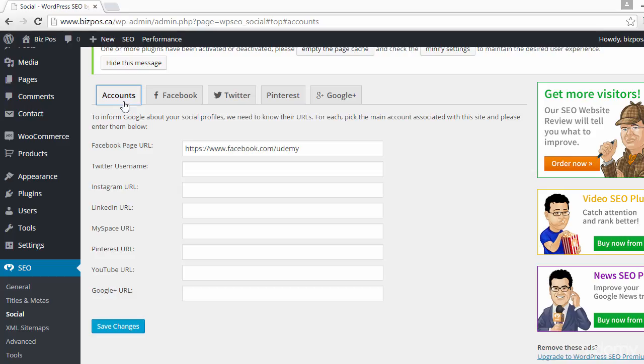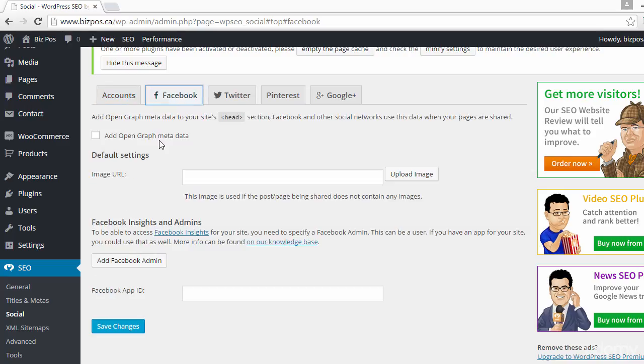Next, switch to the Facebook tab. On the Facebook tab, the first thing you need to do is check the box that says add Open Graph metadata. Checking this box allows WordPress SEO to add Facebook Open Graph metadata to your website. This will help Facebook pick up the right thumbnail and page information when a post from your website is shared